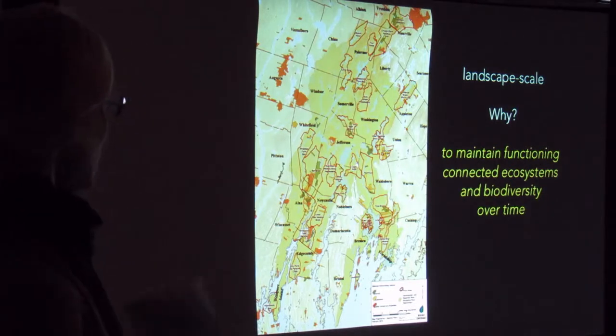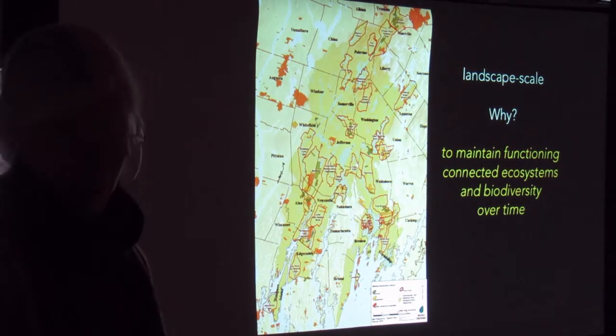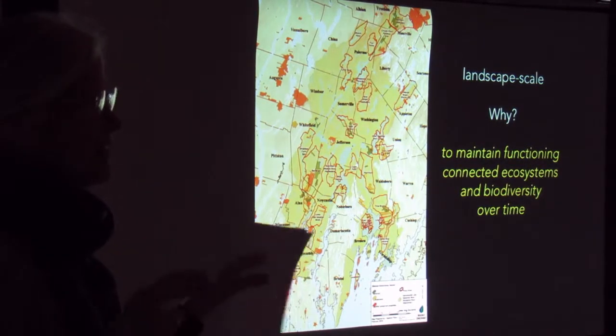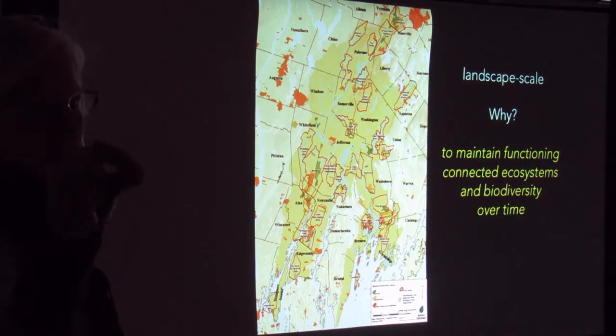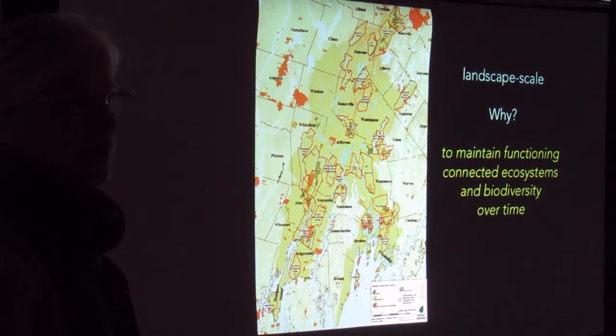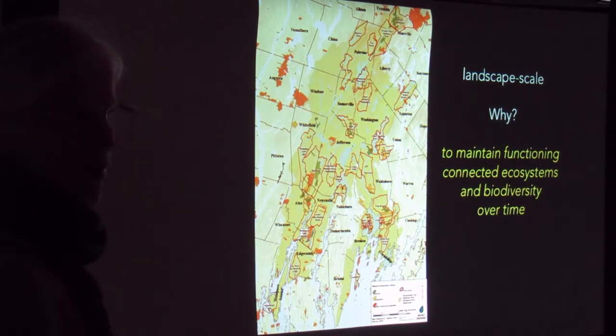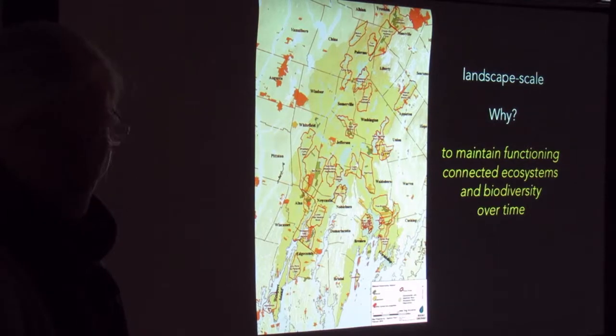So I just wanted to talk a little bit about the conservation, the idea of a strategy, because I'm hoping now that we've merged, we can revisit and ask, what should our strategy be? We've each individually said we're going to focus here and here. But is that the right place, or should we be thinking about it differently, or thinking about our criteria differently? And again, if you want to protect what we have